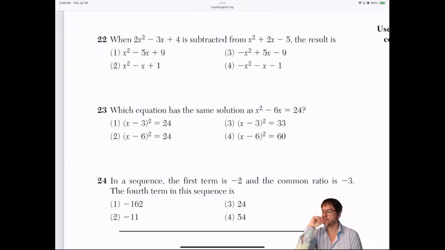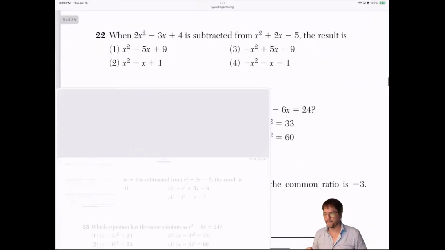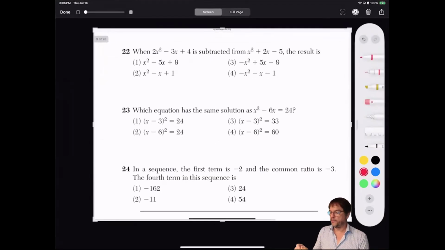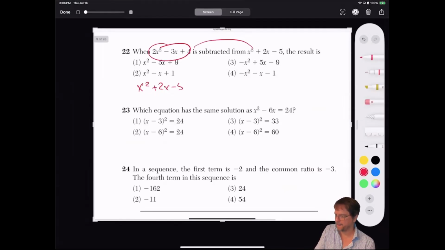Is it option 1? Let's see. When 2x minus 3x plus 4 is subtracted from, oops, I wrote it wrongly. This is subtracted from this, so it is this minus this, and you cannot forget the parentheses, okay? So it will be